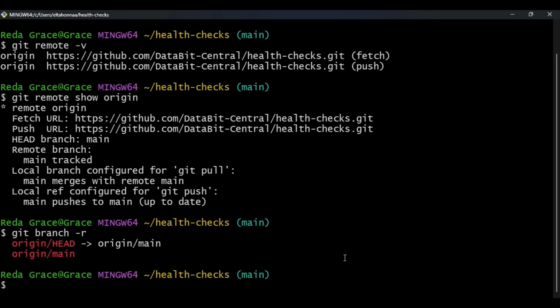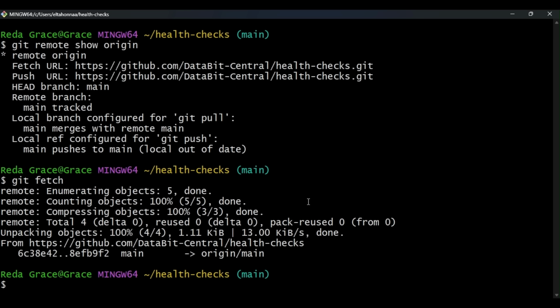To sync the data, we use the git fetch command. This command copies the commits done in the remote repository to the remote branches, so we can see what other people have committed. Let's call it now and see what happens. Fetch content is downloaded to the remote branches on our repository, so it's not automatically mirrored to our local branches. We can run git checkout on these branches to see the working tree, and we can run git log to see the commit history. Let's look at the current commits in the remote repo by running git log origin/main.